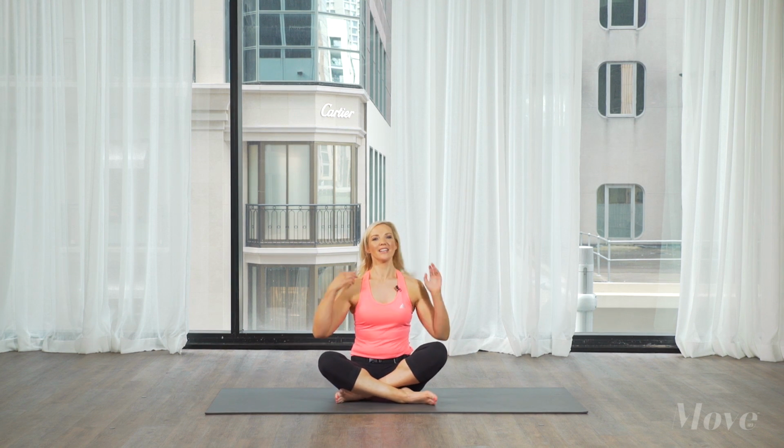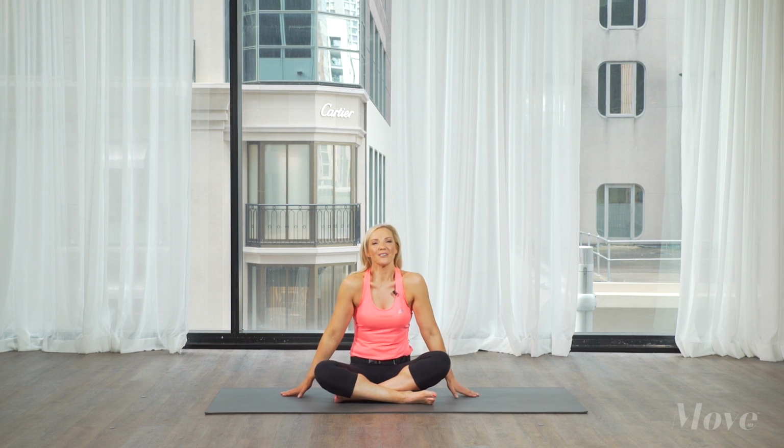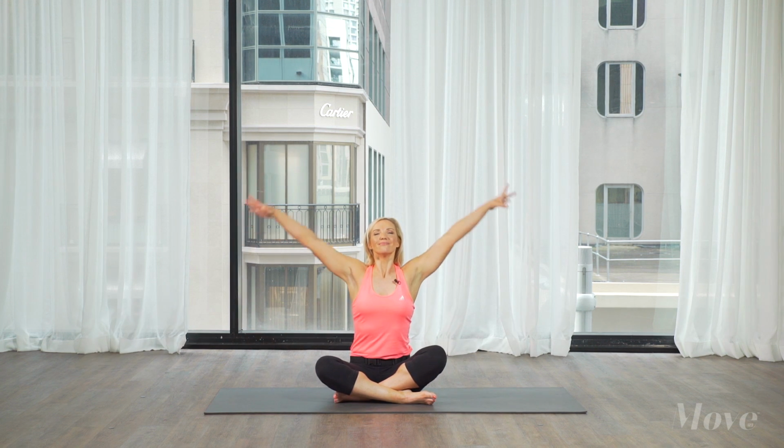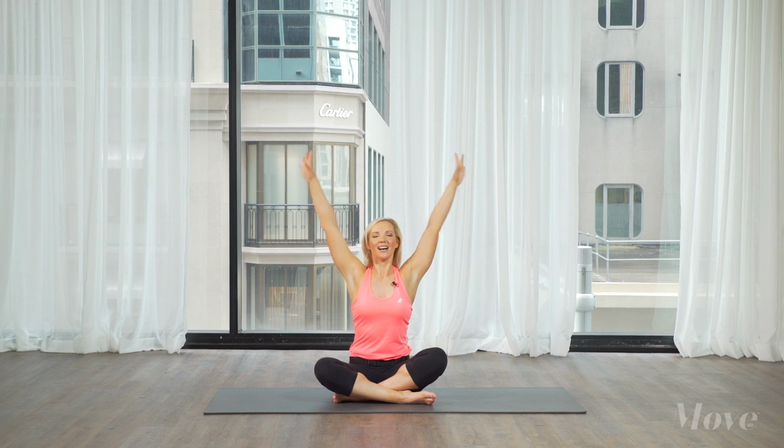To finish off today, can you take a big shoulder roll, please? Roll those shoulders up, back and down. Taking a big deep breath, breathe in. And